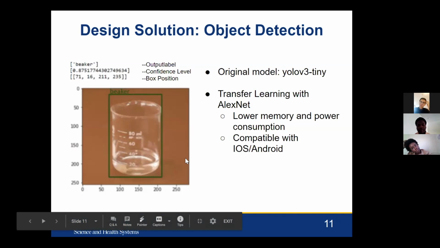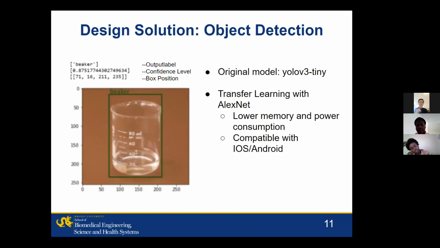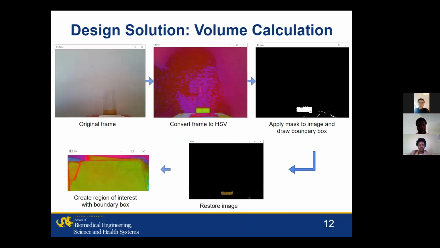Object detection was based on an original model, YOLO V3 Tiny, which was trained using AlexNet because of its memory and power efficiency and its compatibility with iOS and Android. The algorithm will give the output label, confidence level, and the boundary box position, and send that over to the volume calculation algorithm,